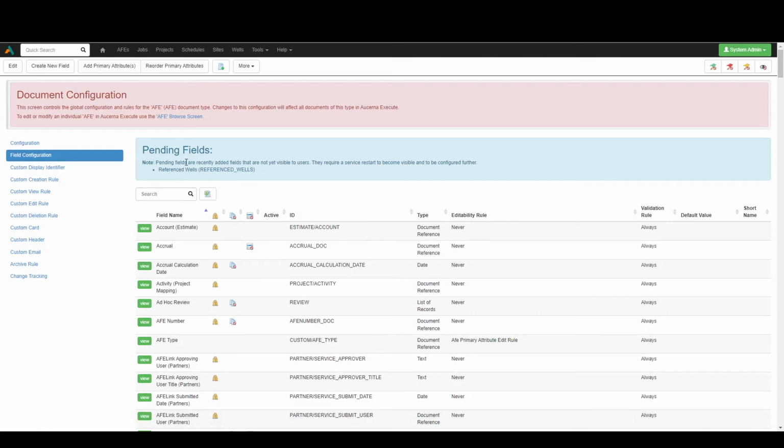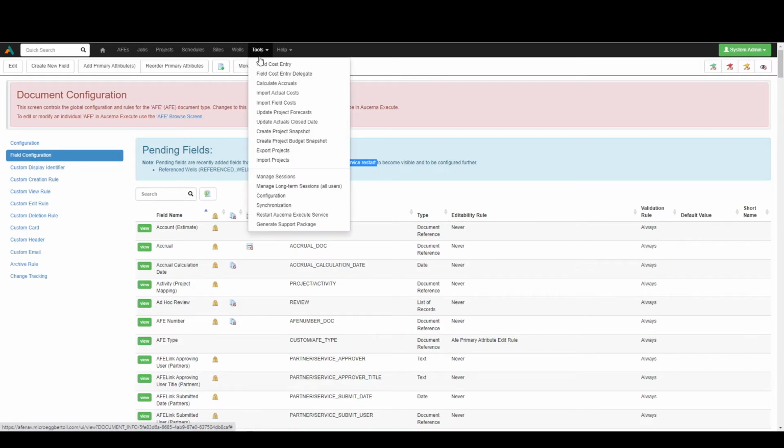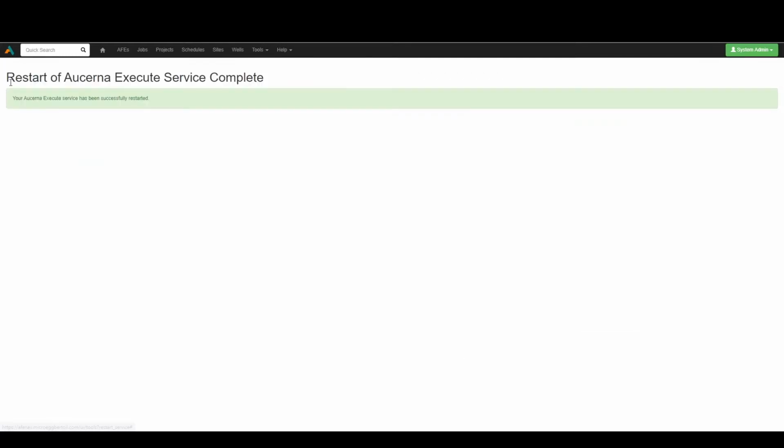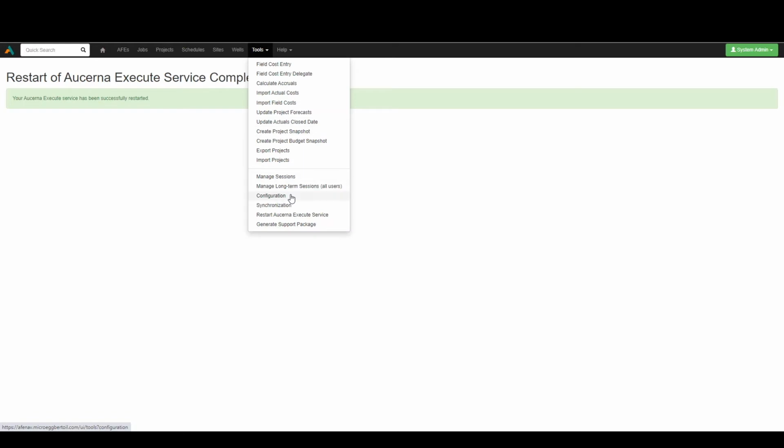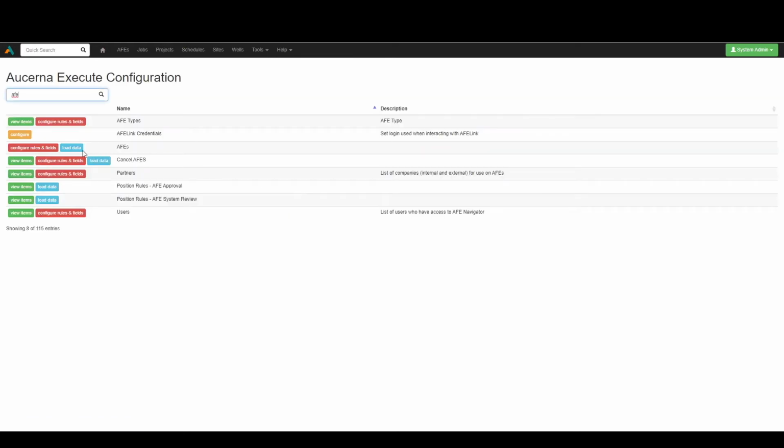What we're going to be told here right away is that we require a service restart for this newly created field to become visible. So that's what we're going to do right now, is we can go and restart our execute service, and I'll come right back as soon as that's done. Okay, so now that we've successfully restarted our execute service, we can go back to our configuration screen here,